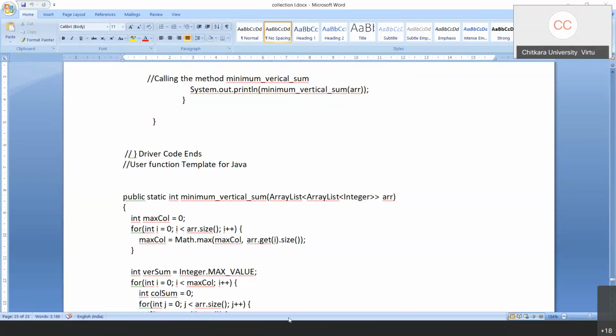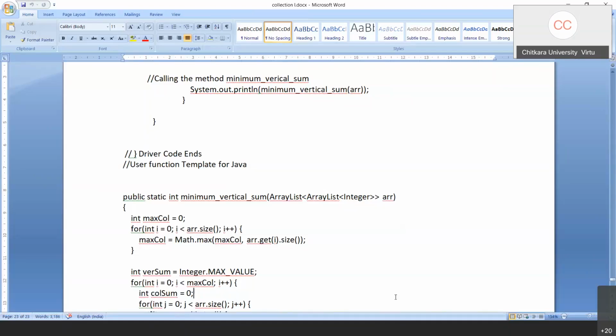On your class notes, the documents have already been uploaded. The document which I'm going to cover on collection, on the linked list and the stack, is all shared. The document which I'm going to teach you today as well as tomorrow is already shared, so that you can just concentrate on this particular lecture.